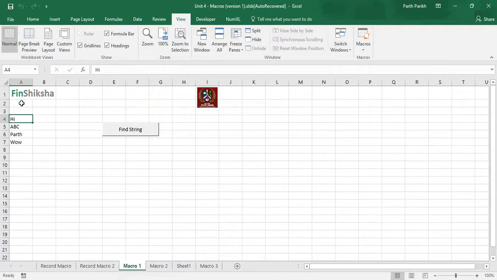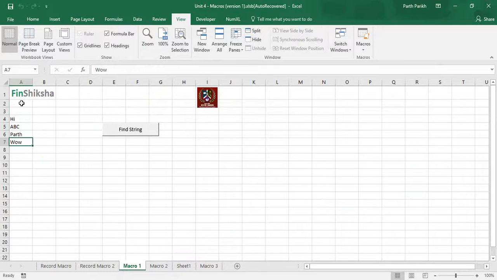No. Move to A4. Is the output wow? No, because the input is wow and the output is hi. So it doesn't match. A5, ABC, doesn't match. Move to A6, it's path, it doesn't match. Now move to A7, it's wow. So wow equals wow. That's what you are trying to find, and that's the output you have got. So as a computer, you will give the output as A7.